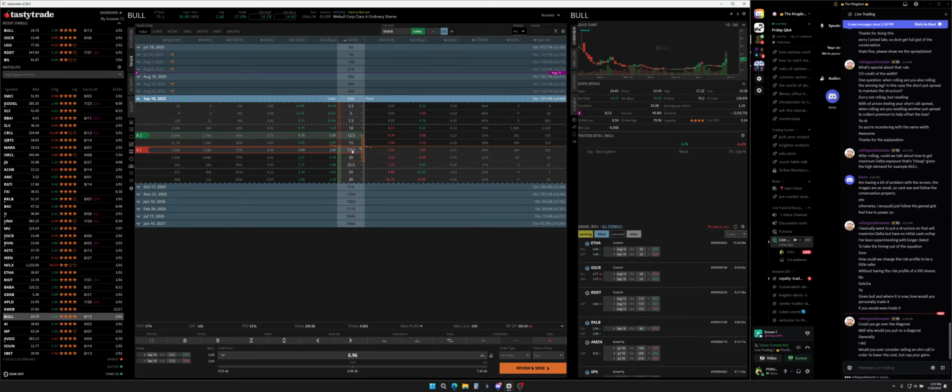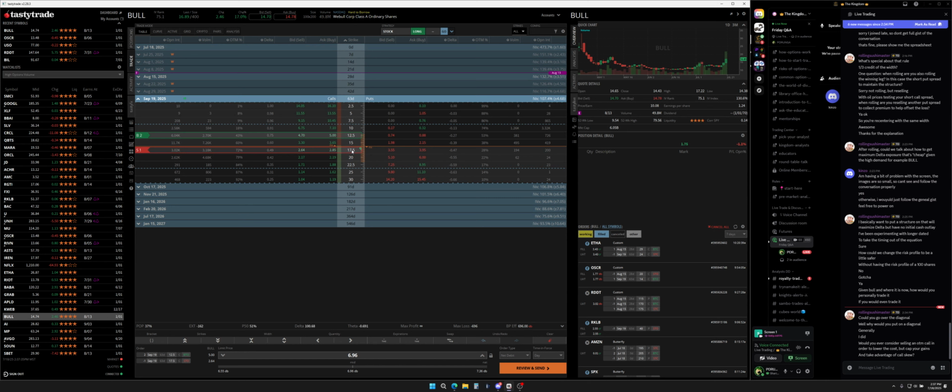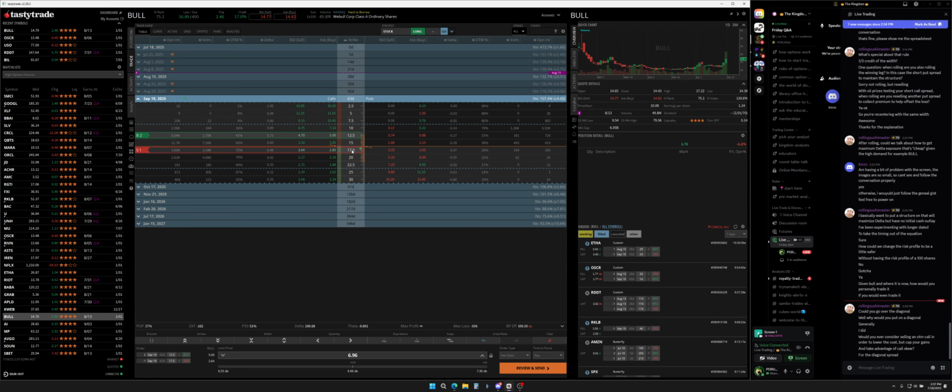So when you say, would you ever consider selling an out the money call in order to lower the cost but cap your gains and take advantage of call skew, do you mean for the zebra specifically, or for something else, the call diagonal or the diagonal? So the diagonal,